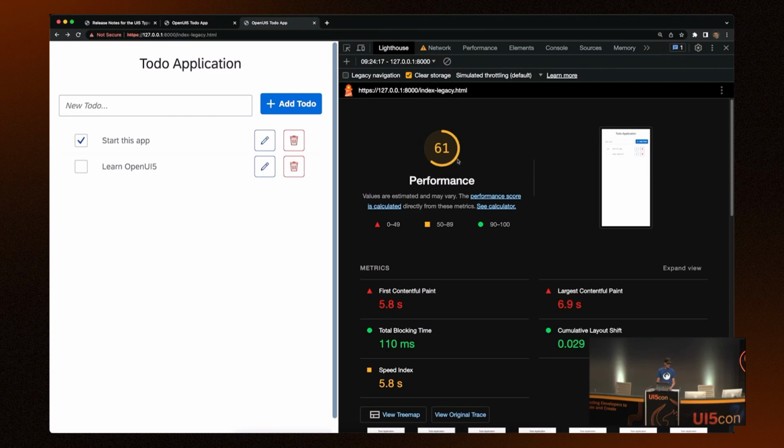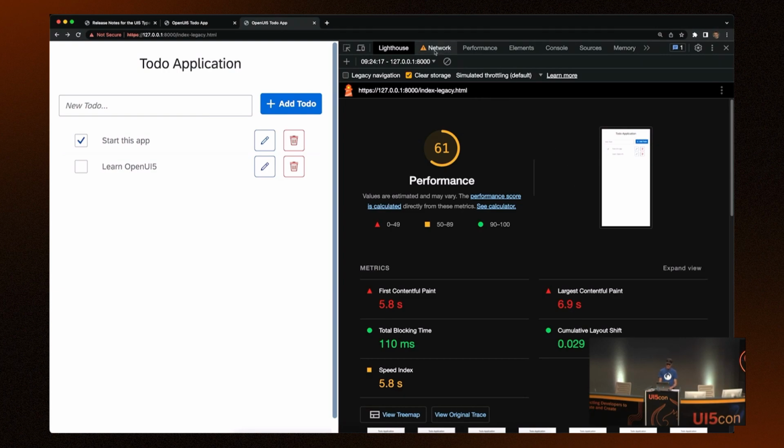We get only 61 points. As you can see, it's above 50. Yeah, it's at least not red, so it's yellow. But still some red numbers beneath. We need a long time to interact with the DOM, and it takes a long time to get ready for the application. It's about 7 seconds, so it's not really fast.